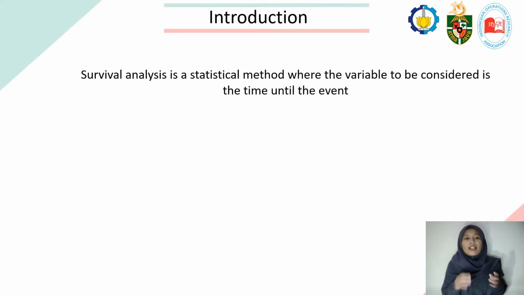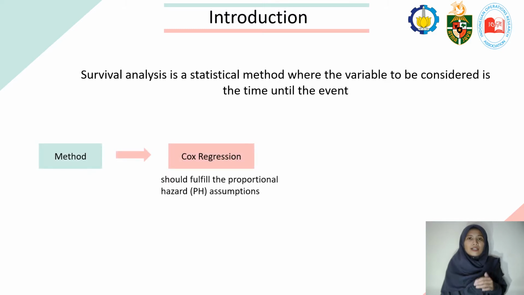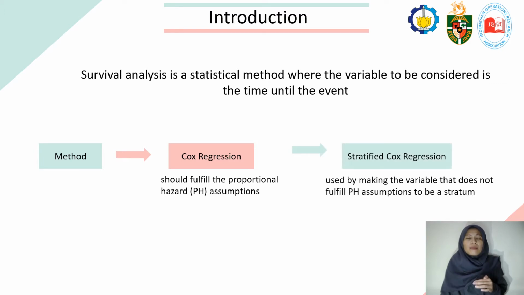Introduction. Survival analysis is a statistical method where the variable to be considered is the time until the event. The method that can be used in survival analysis is Cox regression. In Cox proportional hazard regression, the variable should fulfill the proportional hazard assumption. But if there is a variable that doesn't fulfill the proportional hazard assumption, the methods that can be used are